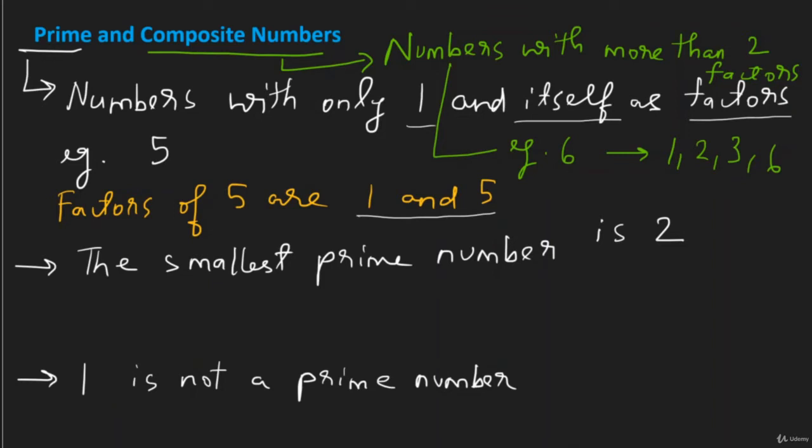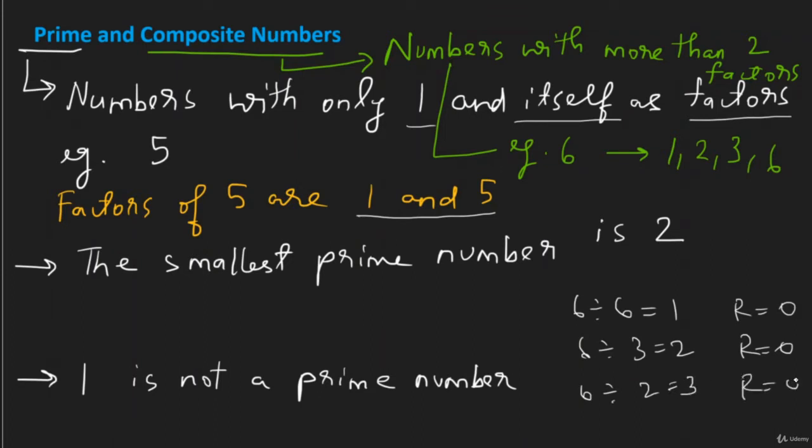If I divide 6 with 6, I'll get a remainder of 0 and the quotient is 1. So let me write that over here. 6 divided by 6, the quotient is 1, the remainder is 0, right? 6 divided by 3, the quotient is 2, the remainder is 0. 6 divided by 2, the quotient is 3, the remainder is 0. And 6 divided by 1 gives me 6 and the remainder is 0. So these are the 4 factors of 6, and because 6 has more than 2 factors, 6 is called a